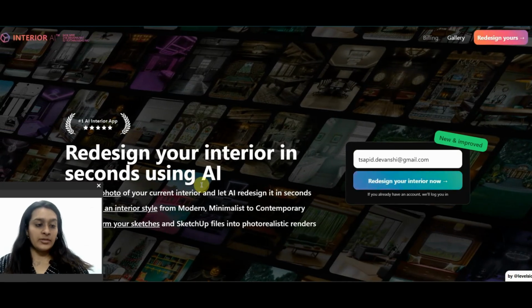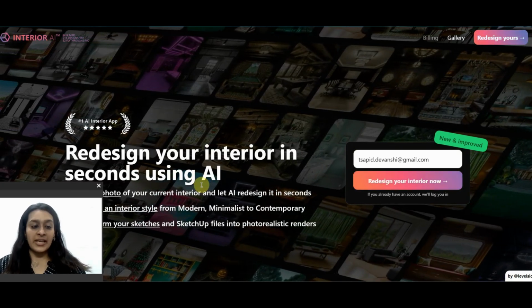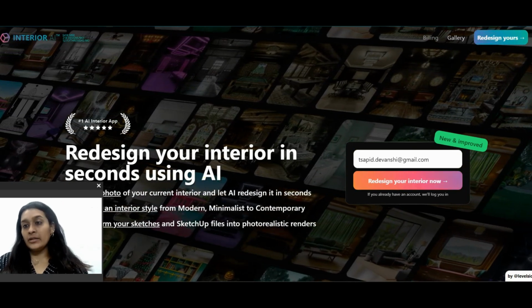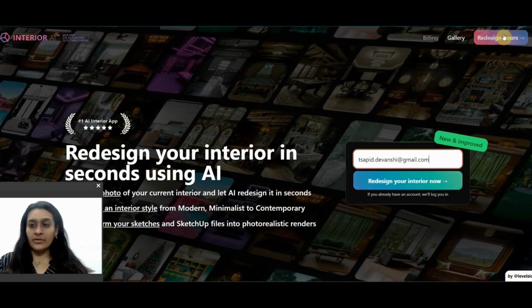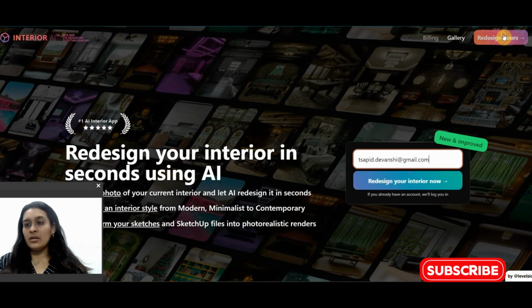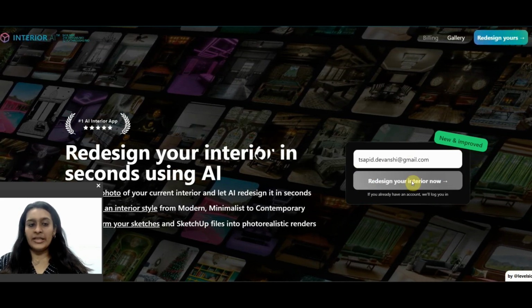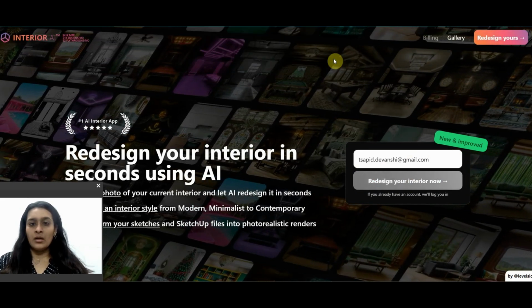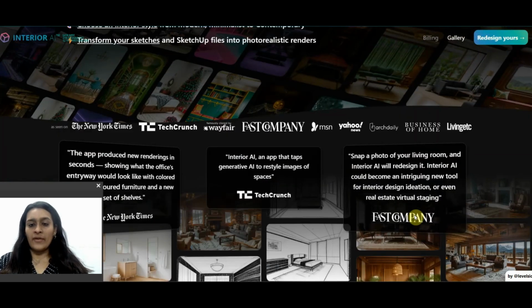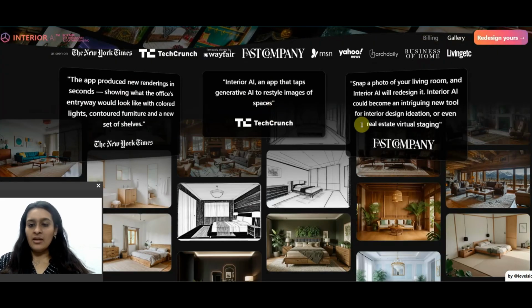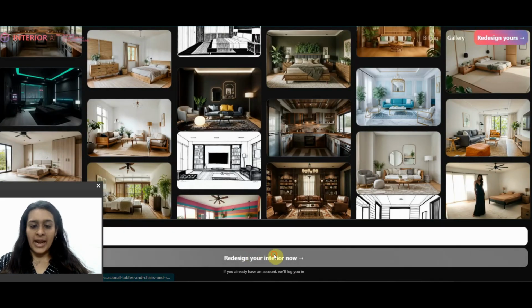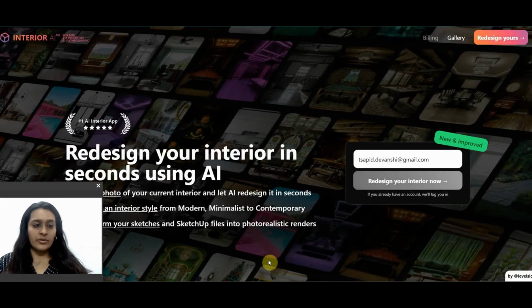Coming up to the second software, it is the first AI interior app, and let's see if we can redesign our journey. Let's go ahead. I've been clicking for a while. It's not like designing. I've already tried to log in. Okay. I have already logged into my account, and it's not working for some reason, because it only accepts a subscription model. There is no free version that you can trial for now.